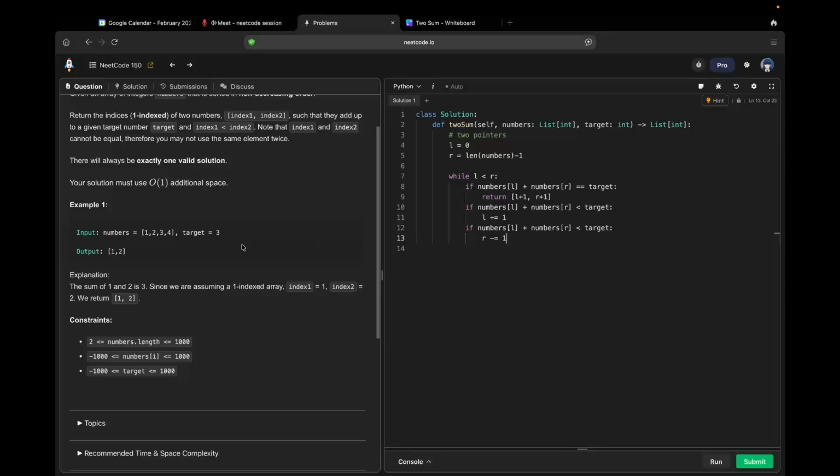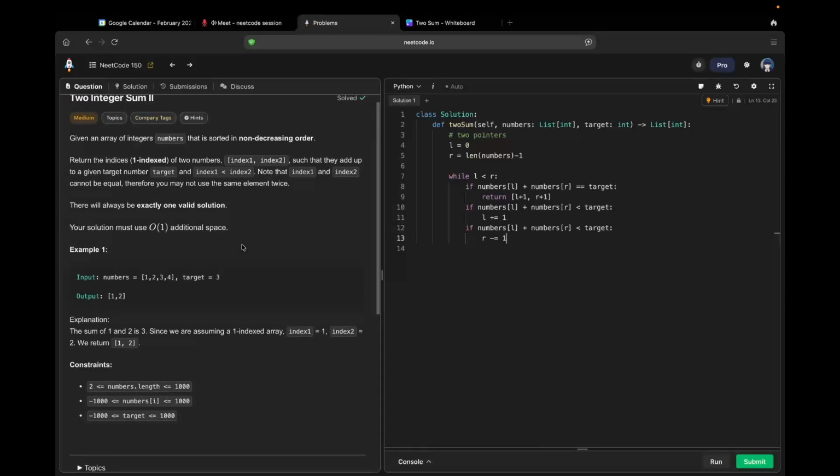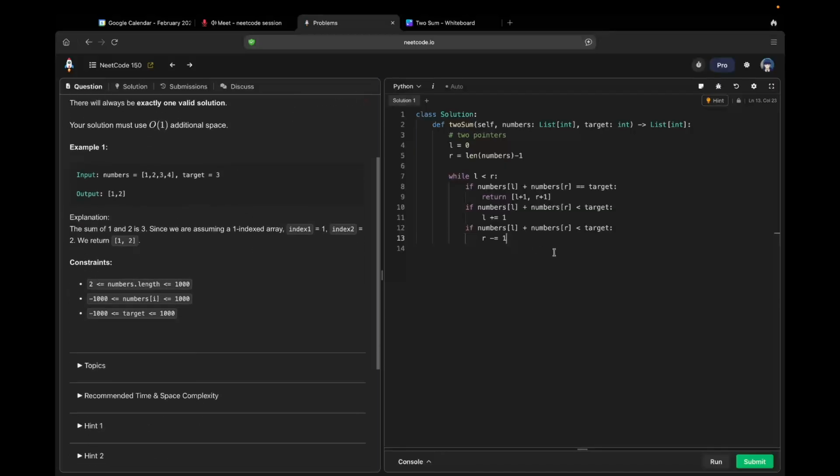And of course we need to look for actual edge cases. So it's guaranteed that there's going to be 2 elements that add to the target. So we're gonna run this and